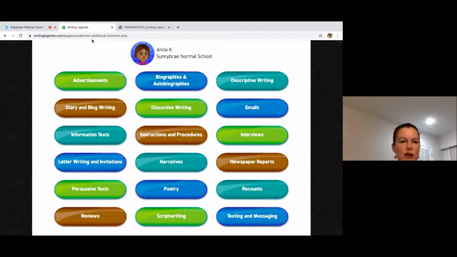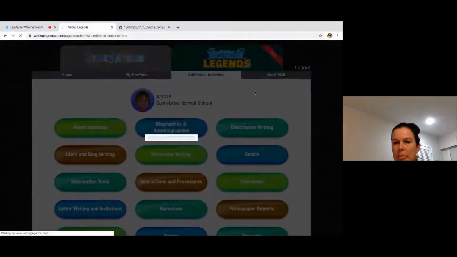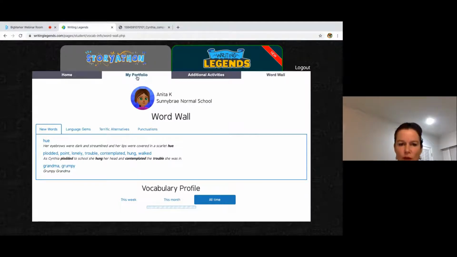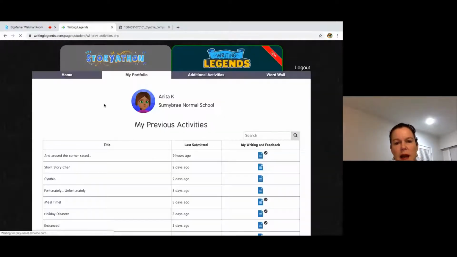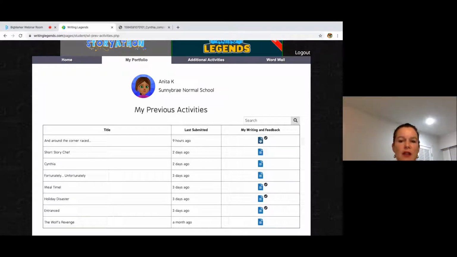So I'm going to go back now, I'll stay in the student one, and I'll just show you the word wall. So we talk about vocabulary. A child is writing, they have a portfolio that gives them a snapshot of what they've been writing. You can see that these are the pieces that me as a sample writer have had a turn at, and